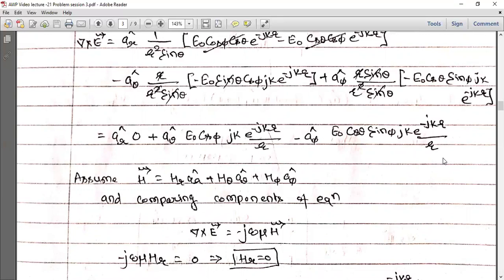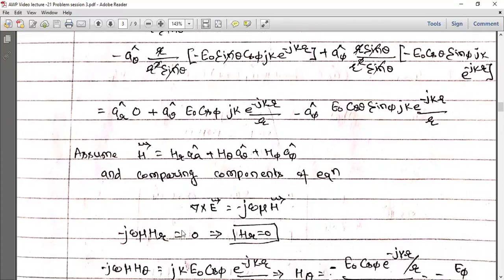Okay, so suppose this is our equation number 1, and our objective is to find the magnetic field intensity. Assume that the magnetic field intensity in the spherical coordinate system is given by H_r a_r cap plus H_θ a_θ cap plus H_φ a_φ cap, where H_r, H_θ and H_φ are components of the magnetic field intensity phasor in the radial, theta and phi directions respectively. So substituting this expression for H in that second equation of Maxwell and substituting ∇×E, we find here in this particular expression of the second equation